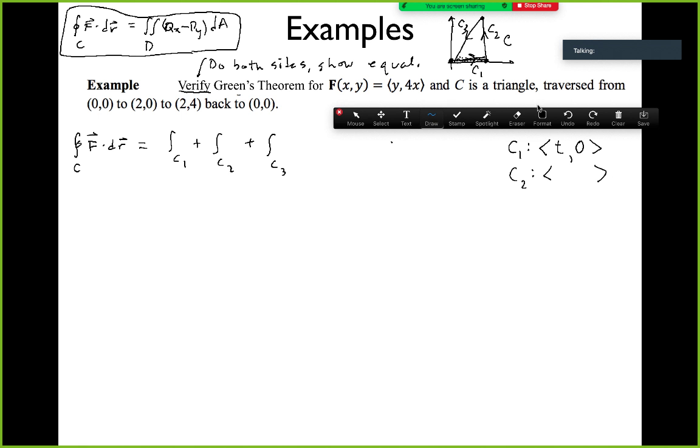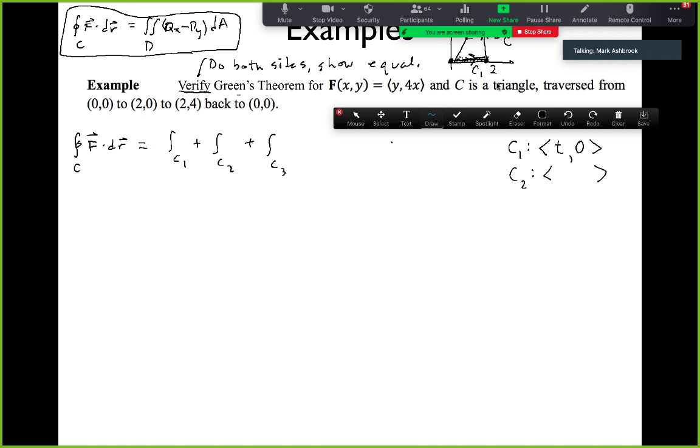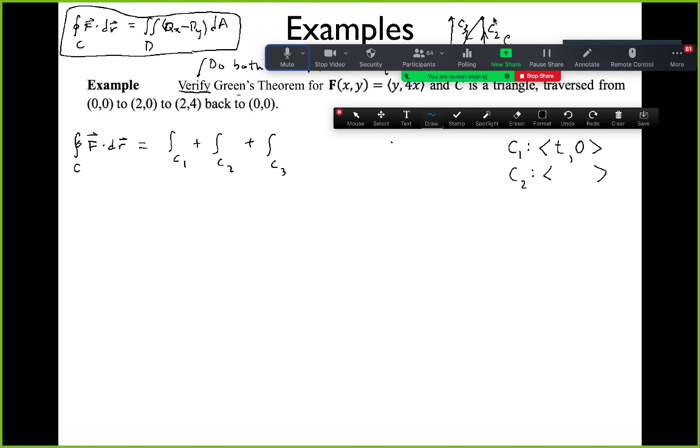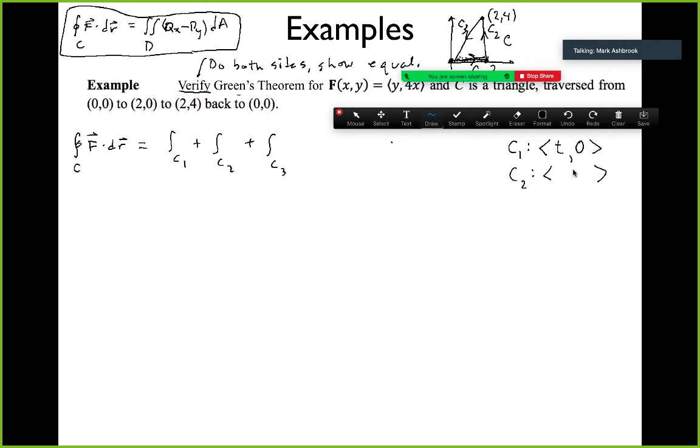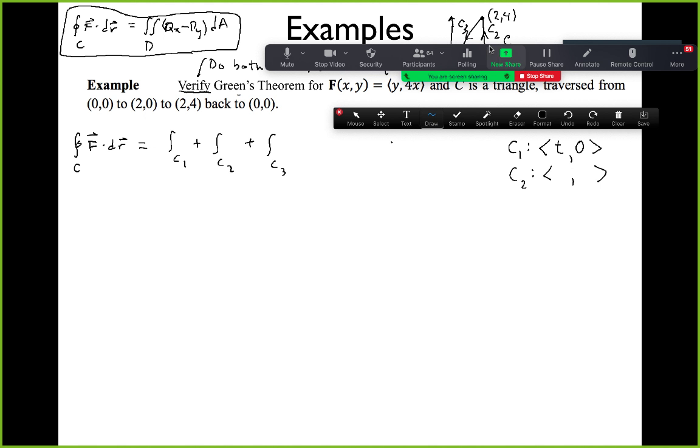Okay, C2. So 2 for x, and t for y. Now this is the point 2, 4. Every point on that segment has an x value of 2. Y is varying, so we can say y equals t. And then for C3,